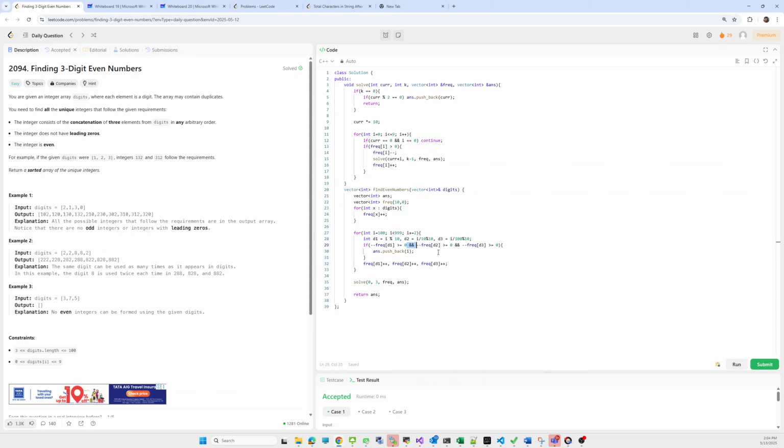But I am using the AND operation for comparing. The way this if statement works, if the first condition fails, it will not check the rest. But in the end I am restoring the frequency of all digits, d plus plus for each. So what's the issue? Using the double AND gave me the wrong answer.